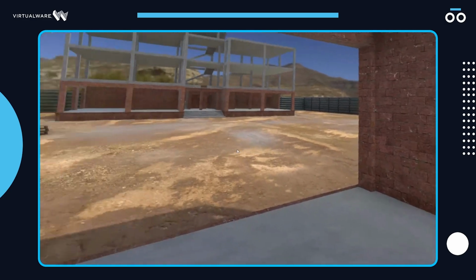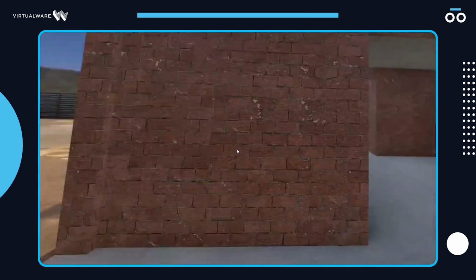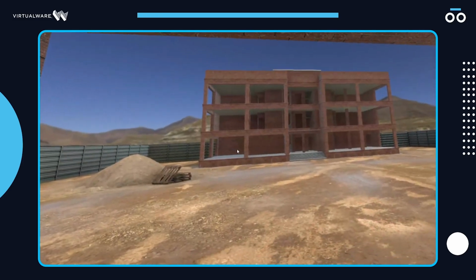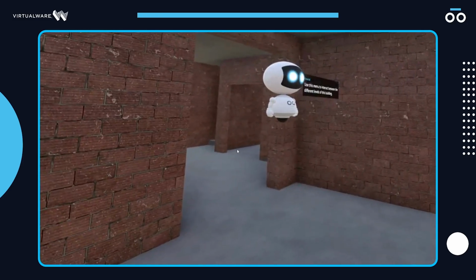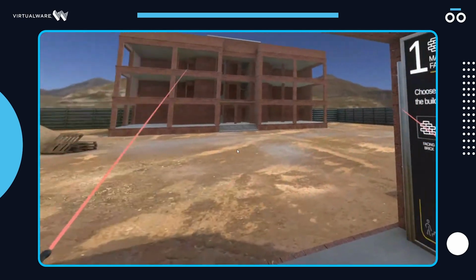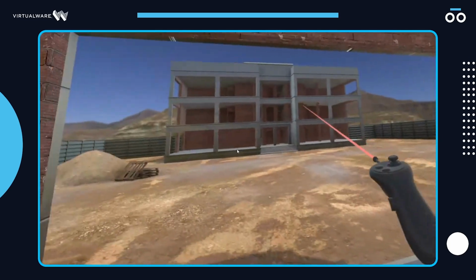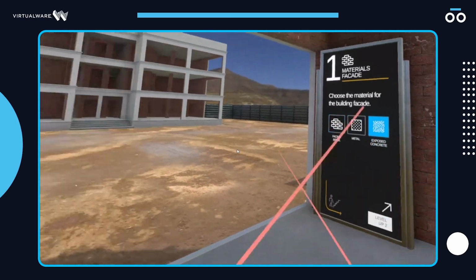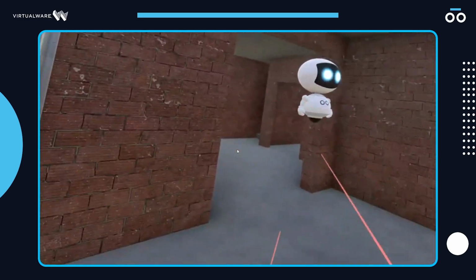Look at the textures here, the quality of the 3D models, how they are building in real time. Use this menu to interact between the different levels of this building. And this is a great thing. I can have a sense of how a building takes shape, how the different materials apply to the building, how it works, how different things you must be considered in order when you are building this kind of